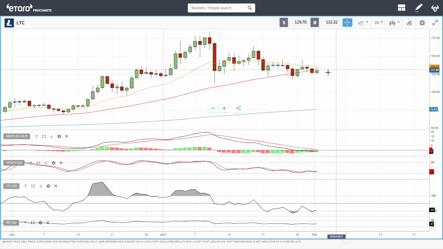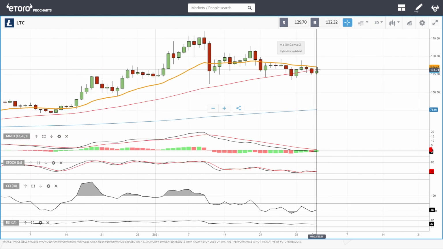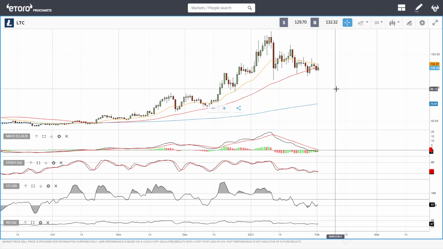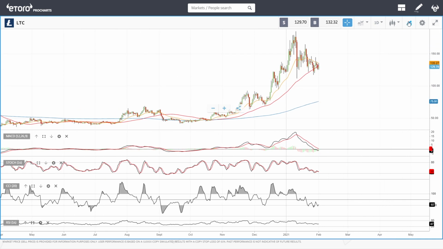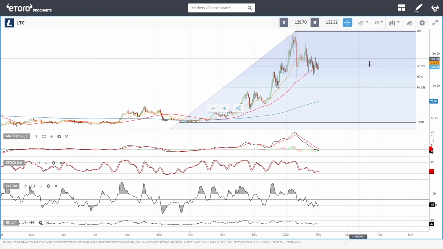So as you can see, we had tried to rally here. We rallied up towards the 20 exponential and then broke down. And now we're trading underneath the 50 moving average. This is definitely not a good sign, when you try to rally, find major resistance at the 20 exponential and then break down. So at this point, I would not be surprised if we fell all the way down to 100, and probably also in the long run fell all the way down to the 200 moving average. If we don't manage to break above the 20 exponential, then we are going significantly lower in this cryptocurrency.